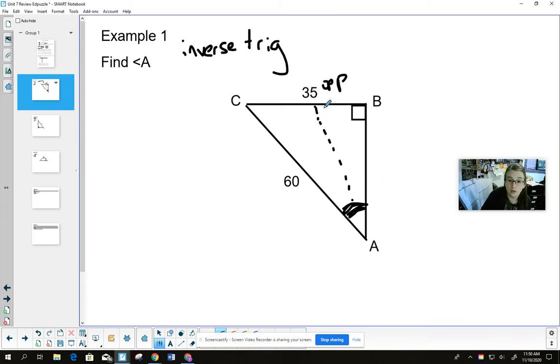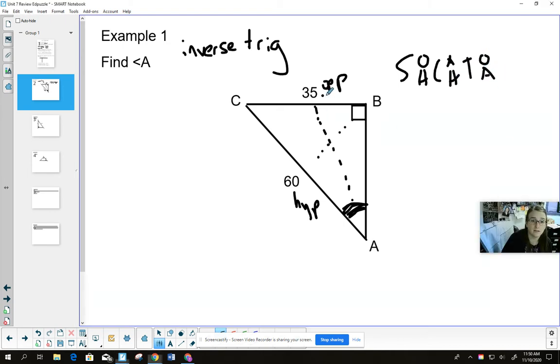I label my hypotenuse next, which is across from the 90. And I could go ahead and label this side I don't have, which would end up being the adjacent. It's all that's left over. But I've already labeled my two sides. I don't need this side, so I'm not going to label it. It's the adjacent. We look at our friend SOHCAHTOA, and we see what we have labeled and pick our trig function. You should have picked